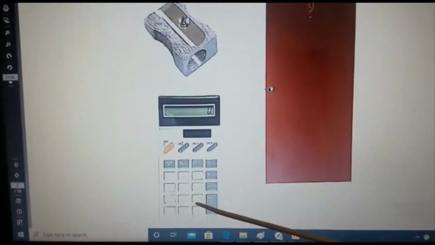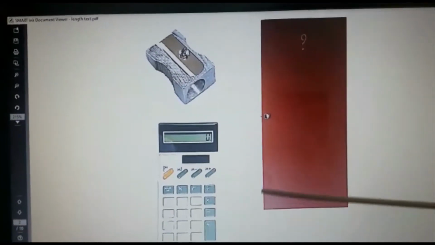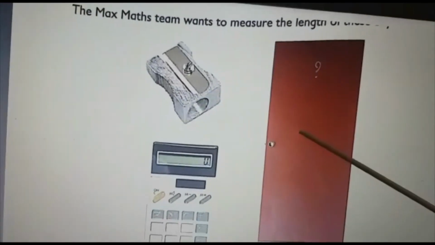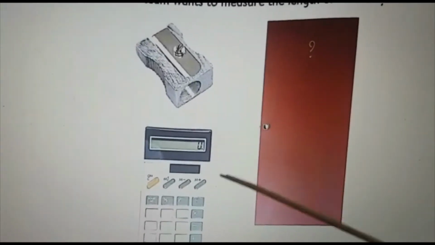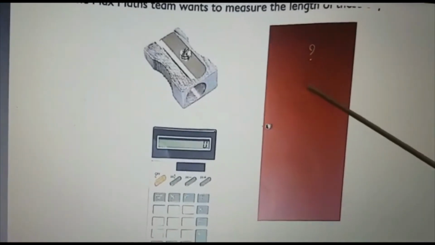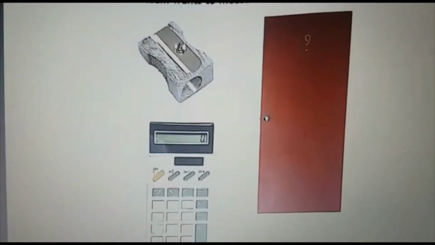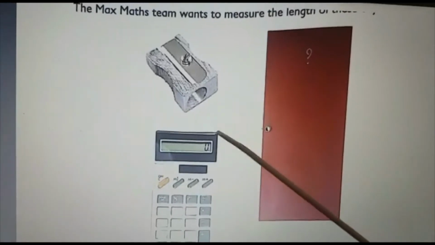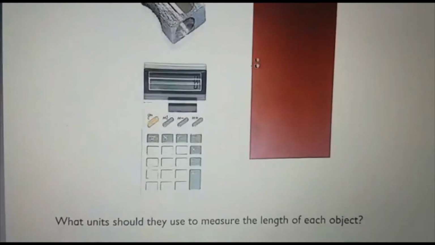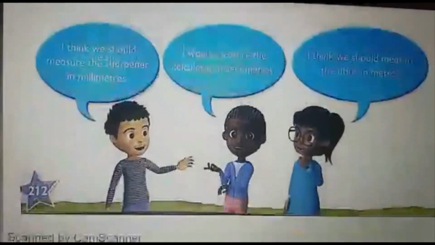Look here. So we are going to see how we can measure these. What are the measuring units of this length? Whether the length of this sharpener, this calculator and the door are the same? No. The length of the sharpener is very small, the length of the calculator is a little bigger, and the length of the door is very big compared to the other two. So for all these three we will be using different measuring units. We are going to see in detail the different types of measuring units for length, and the same for mass and volume also. First we can look at the measuring units for length.